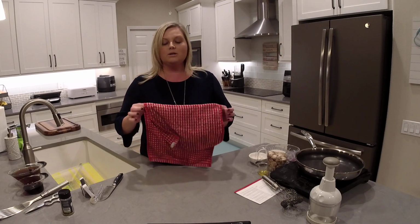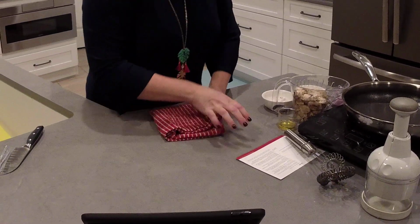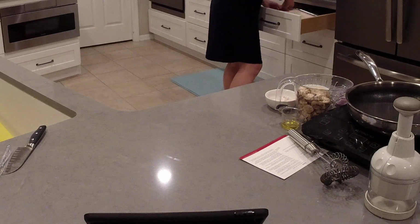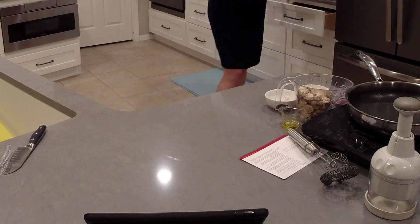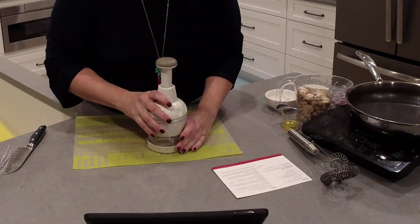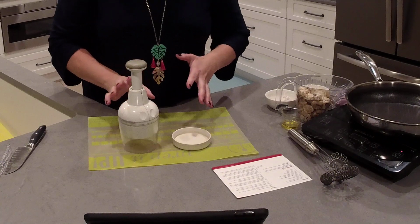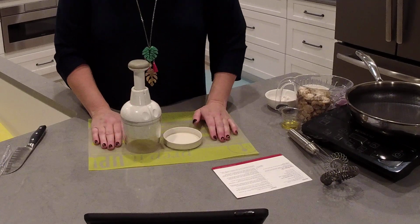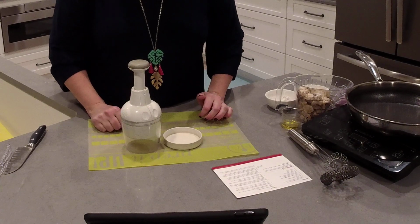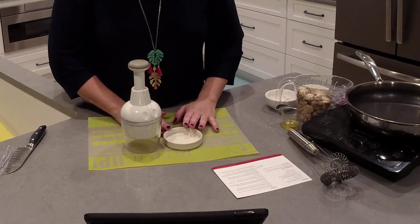All right, so let's go ahead and make our gravy. And we're gonna chop up a shallot. Let me grab a new cutting mat. We're gonna use our food chopper for this. And if you're not familiar with the food chopper, this is the best food chopper for nuts or small portions of food. We also have a manual food processor, and we have an electric, which is a cordless electric food processor that's part of our Flex Plus. So we have a few options for you, but for today, I prefer using the